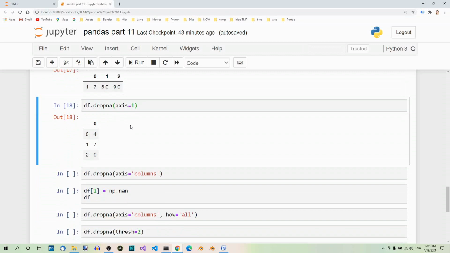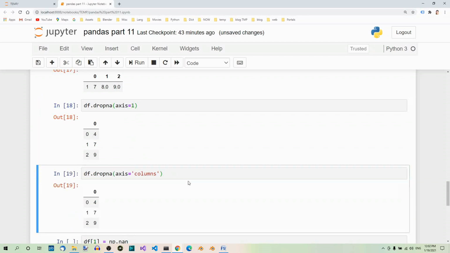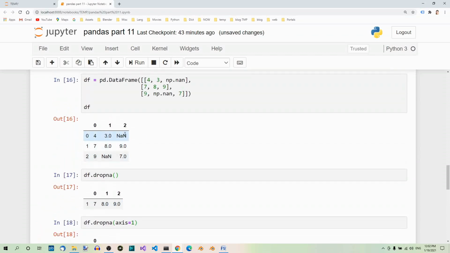And we can also use this explicit naming convention. So instead of passing 1 as the keyword argument to specify the axis, we can use the name columns. And the result will be the same. Fine. So the first column is here, and the second one and the third one have been removed because they